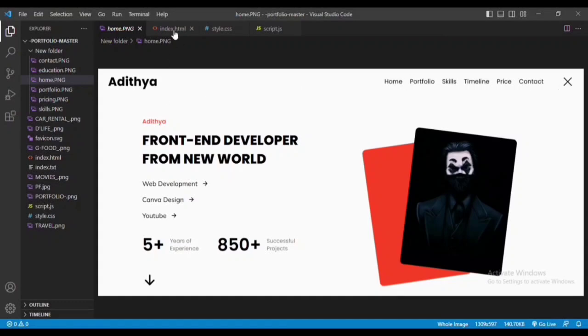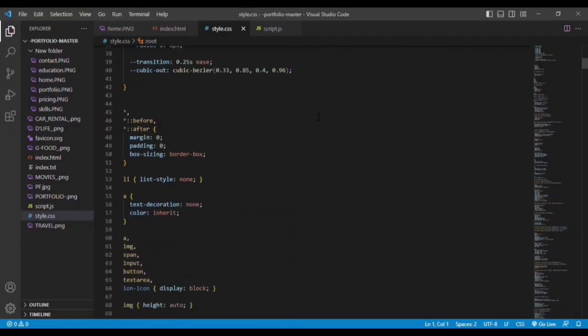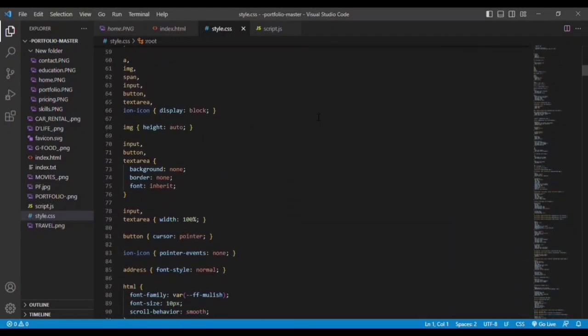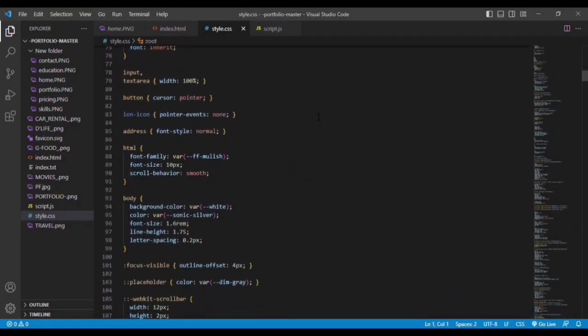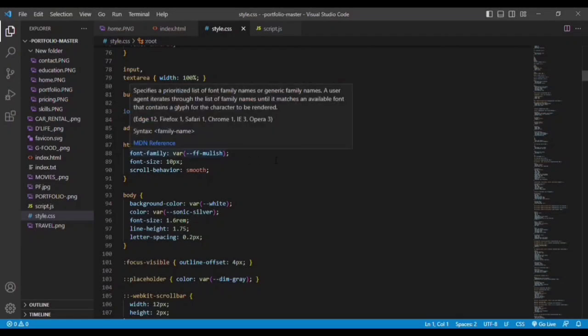So we can go to the CSS file along with it, so that you can understand each and every section. So right now we have the root, which is nothing but whatever values you want to use in this entire website. You can have those values here, giving them any name, like here you can give dash sonic silver. Then we can call those values in the code by using var. Let me show you. Here you can see font family var of that particular name that you have given, ff